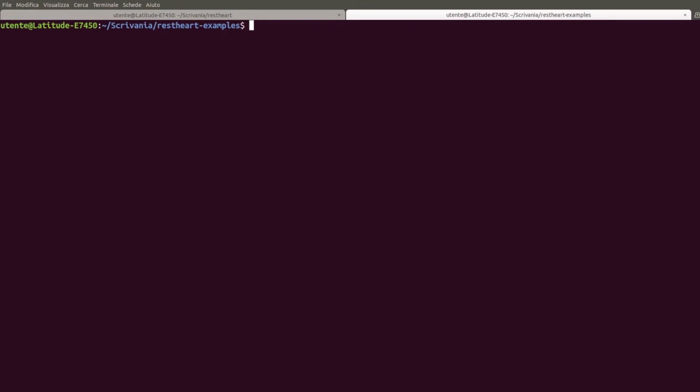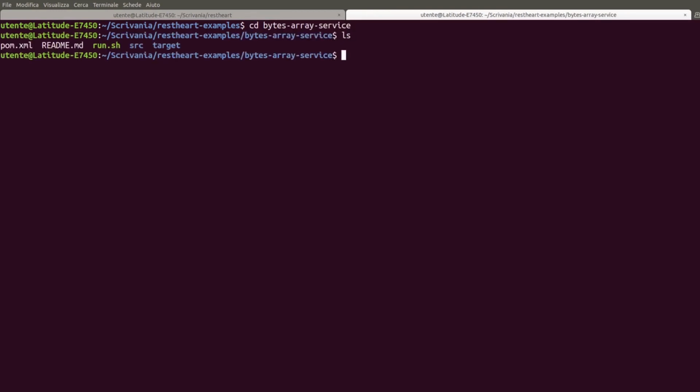Good. Now, let's do a test directly on the terminal. After moving inside Restart Examples, let's go inside the bytes array service directory. And let's execute run.sh. I am on an Ubuntu machine and therefore I execute the command with root privileges.